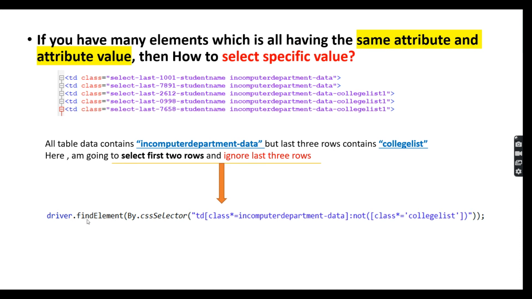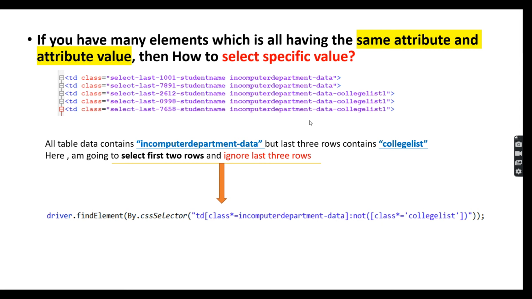This is the format. For example, you can see driver dot find element by dot CSS selector. Here I'm going to use TD class and star. What is the star? Star means contains. What words does the class attribute contain? That's why I'm using star. Then equals, and you mention the attribute value.